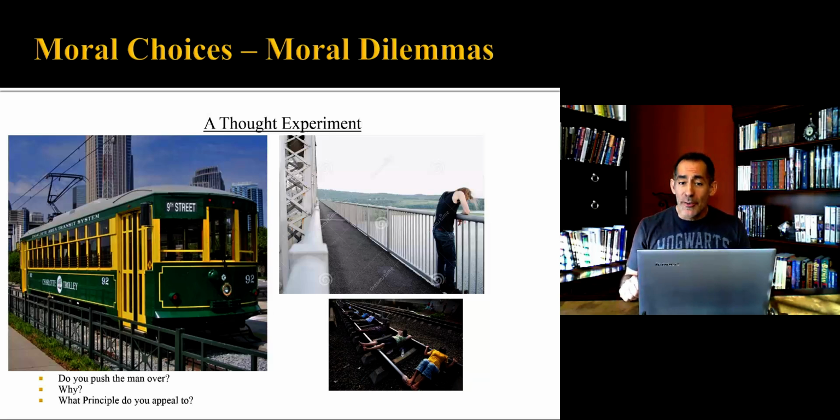However, above the track there is a bridge, and on the bridge there's just a bystander who's standing there smoking a cigarette, and you happen to be walking along the bridge passing behind this individual, and realize if I push this individual over the edge and he falls on the track before the trolley gets to the other people, then that one person will probably be killed, but it'll stop the trolley and the other people will be saved. Do you push the man over? And if so, why?